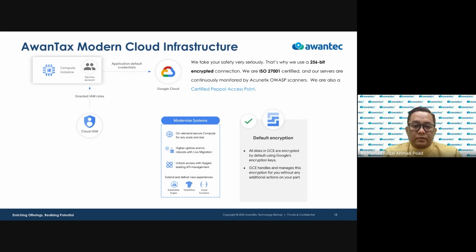And of course, with the solution on the cloud, you don't have to worry about bottlenecks, because our solution scales up as and when needed based on demand. So this is the value of having us as part of your middleware solution for e-invoice.